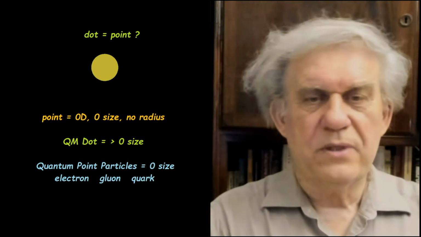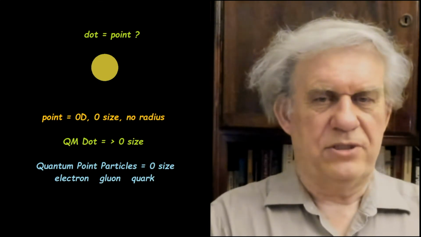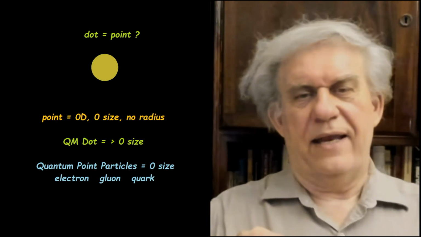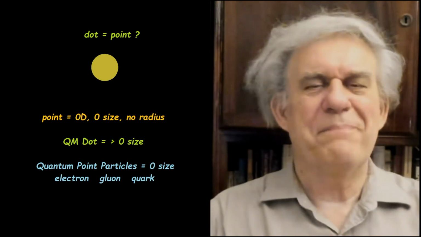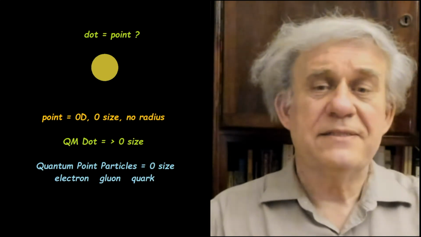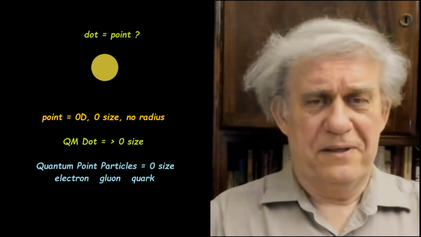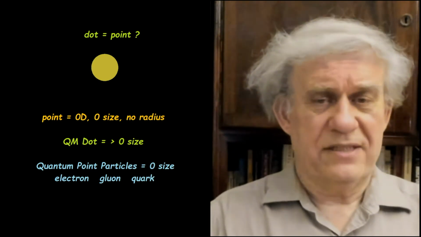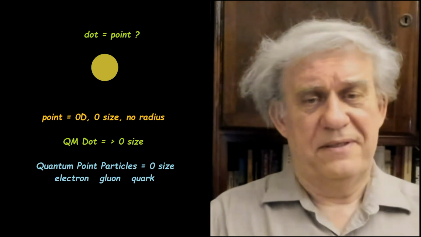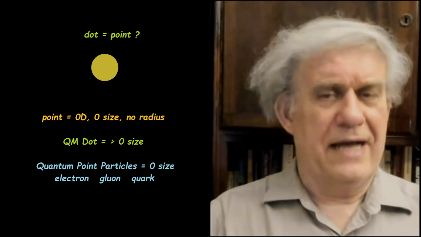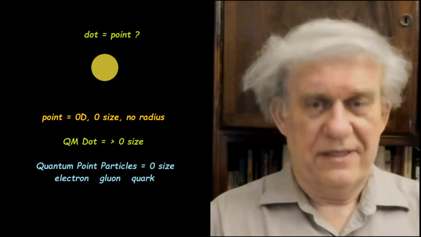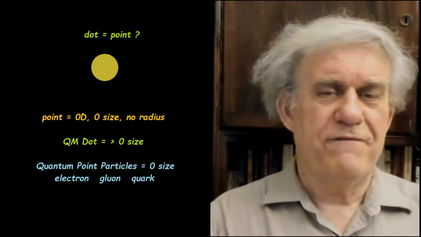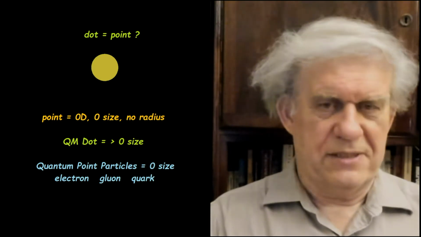And they do use the word infinitesimal in these situations. They like to use the word infinitesimal because it gives you the idea that, well, no, it's not truly a point particle. It's not zero dimensional. It's just infinitesimally small. What does that mean? Well, that means it's approaching zero in size. Approaching zero is not exactly zero. There's a difference. Approaching zero means it still has size. But they use the word infinitesimal, which is extremely misleading.